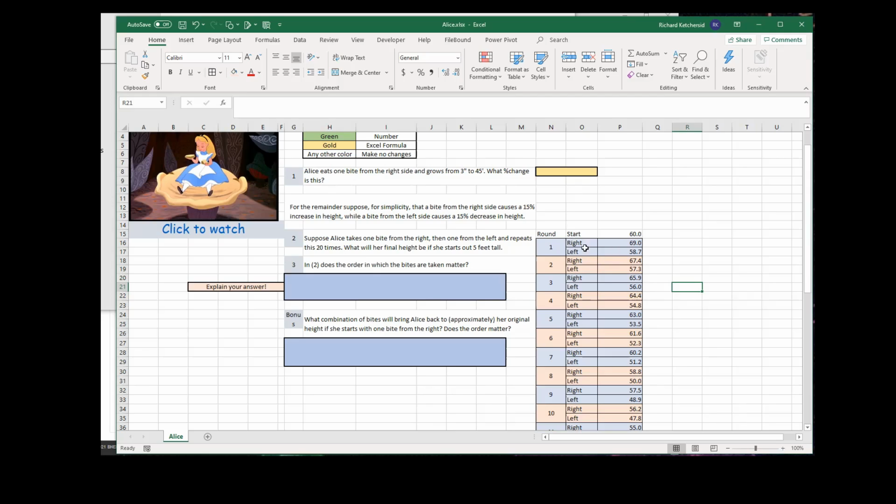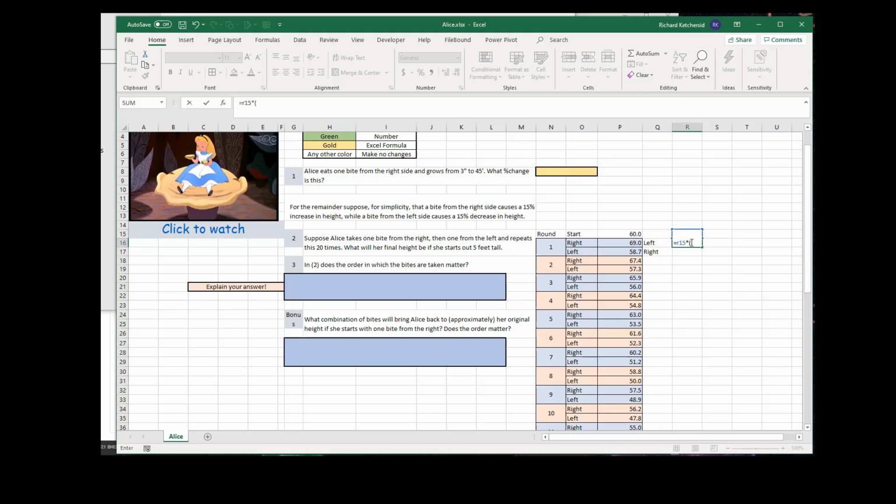Okay. For the question about if order matters, it's useful to turn this into left, right, left, right. So that's a good practice. You can do that on your own and make a new set over here that goes left, right, like that, right? And you can put in the correct formulas there. So now it's useful here to put the 60 there again, because I'm just going to take the thing above me and do something to it, right? So here I can say equal to the thing above me, which now is R15